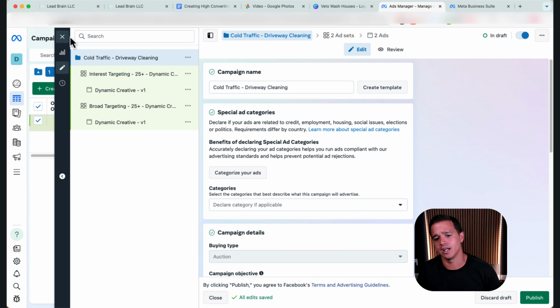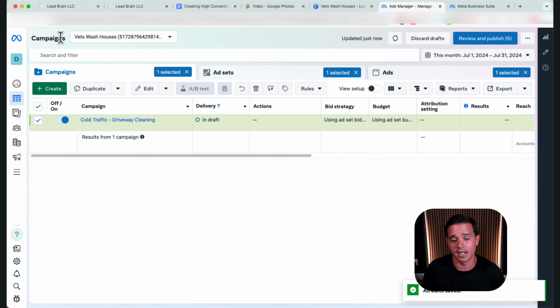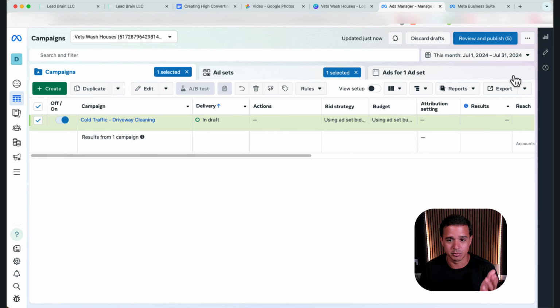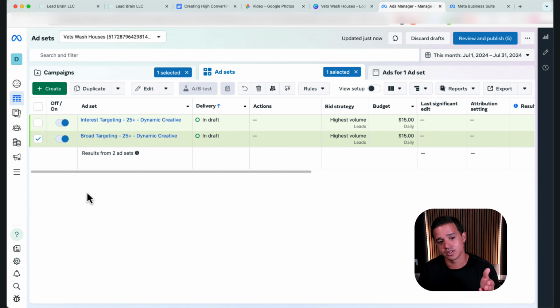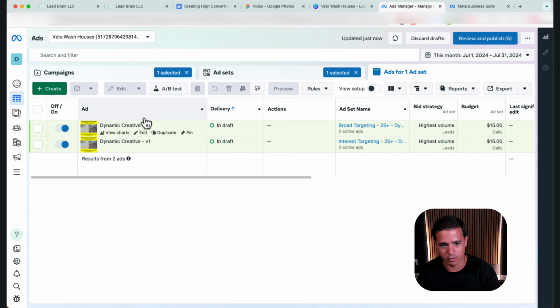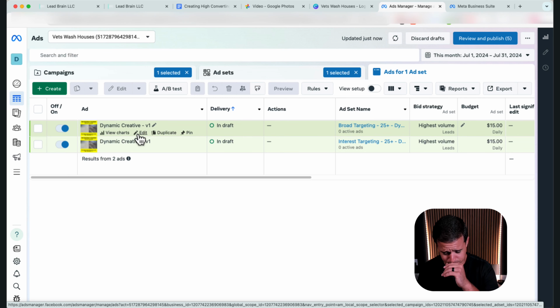That is exactly how you create your first ad, right? We created the campaign, the ad set, and the ad, and we actually have a test running. ABT, always be testing. We're going to see which one performs better, interest targeting or broad targeting. Now, remember I told you we're using dynamic creative, so we just fed it a bunch of stuff, and we don't know which one's going to do well. We're going to let Facebook decide.